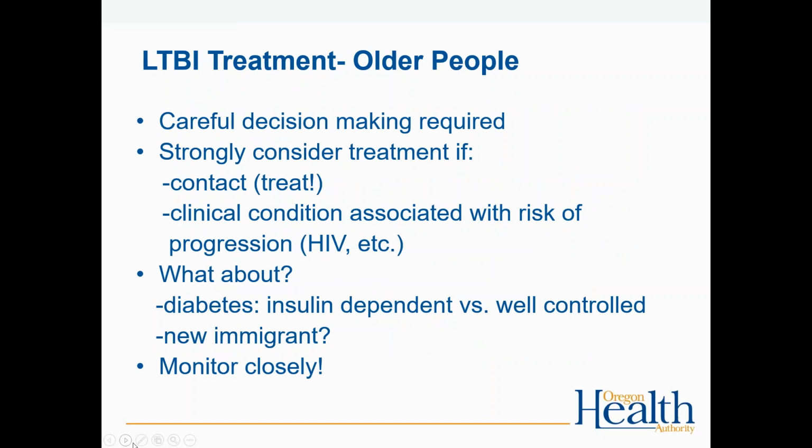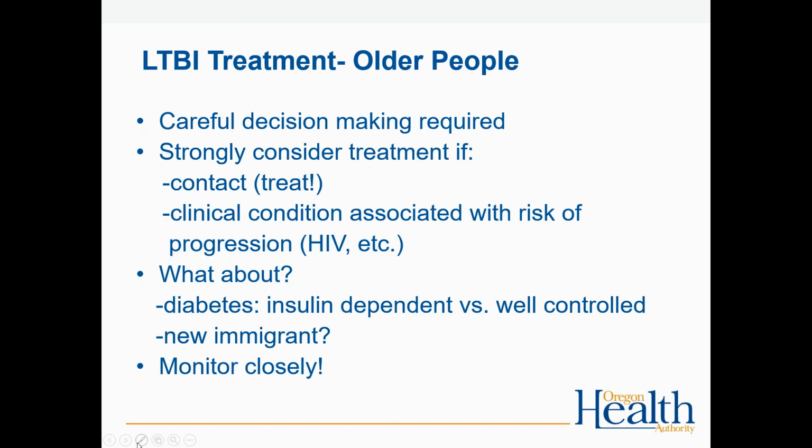So older people, I think this is a common question. What do you usually do with older people as far as treating them? Well, that lady today was 75. I'm not sure I would have treated her. She immigrated here 30 years ago from Vietnam. The only reason I'm treating her is because she's going back on etanercept. Other than that, she had no risk factors. I probably would have let her ride at that point.